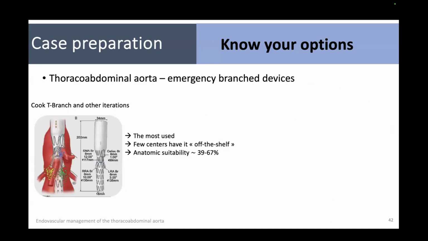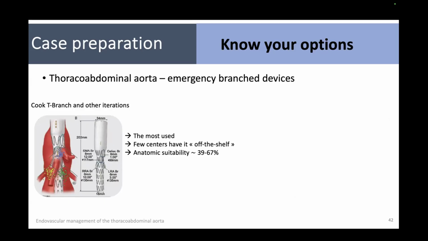For the thoracoabdominal aorta, we also have off-the-shelf branch devices that can be used in different scenarios. The Cook T-Branch is the most well-known, the most used too. A few centers have it off the shelf. There's some in Ontario, and I believe there's some in British Columbia too, but it's an option that you need to be aware of. These are branches that are already off the shelf and that you could use in anatomically